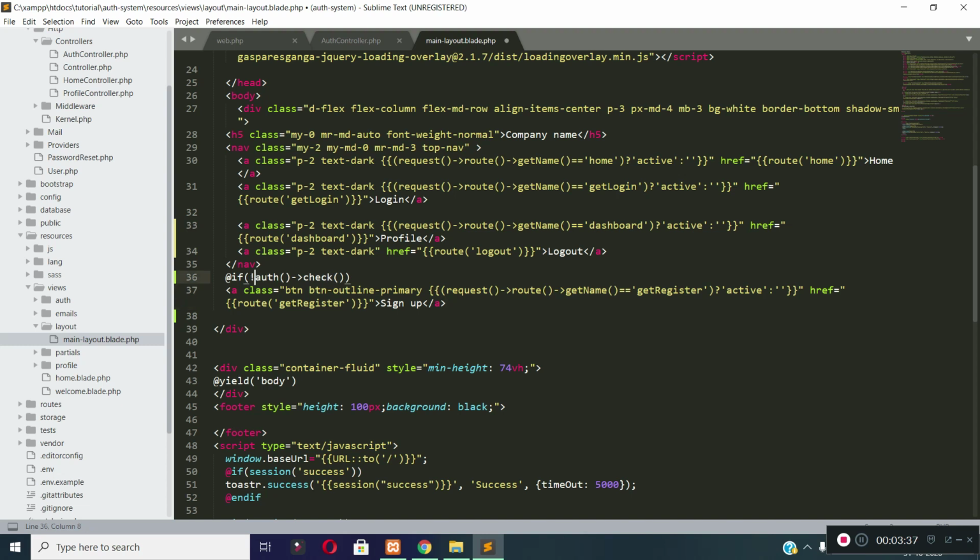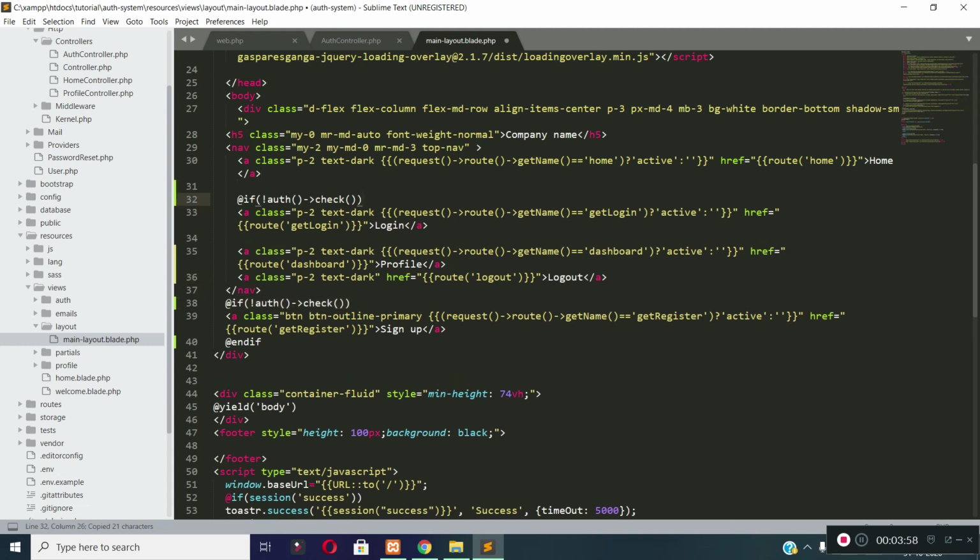So I am checking if not auth check, that means user is not logged in. So if the user is not logged in, then I will display this sign up button, and similarly for login button, if the user is not logged in, then I will display this login button.